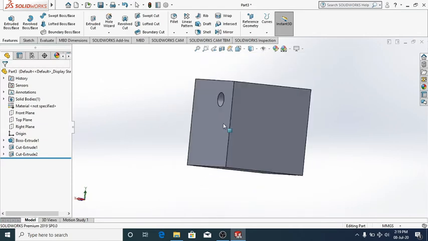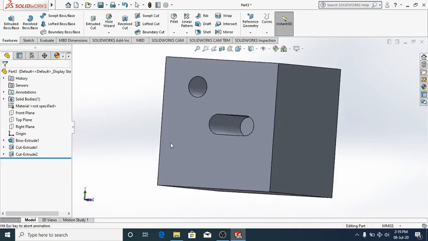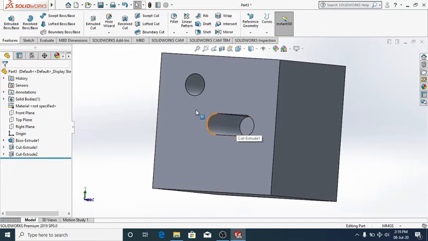Okay, I hope you got this. So this one just cuts 50 mm and this one is completely through it.